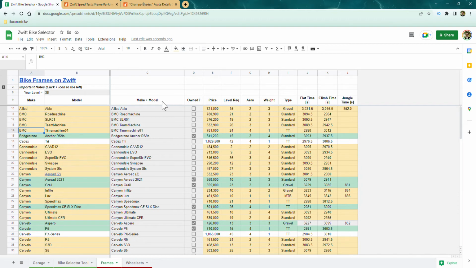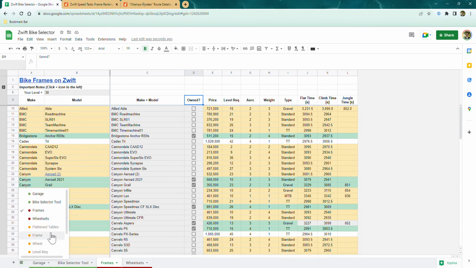What you'll notice too is in this sheet I'm concatenating the make and model so I can use that later. It's easier to read. And also I'm pulling from the garage tab to say what do I actually own. And then this is all going to get pulled into some other sheets that are actually hidden. So if we go into here, you'll see all these orange tabs. So if I go into frame,